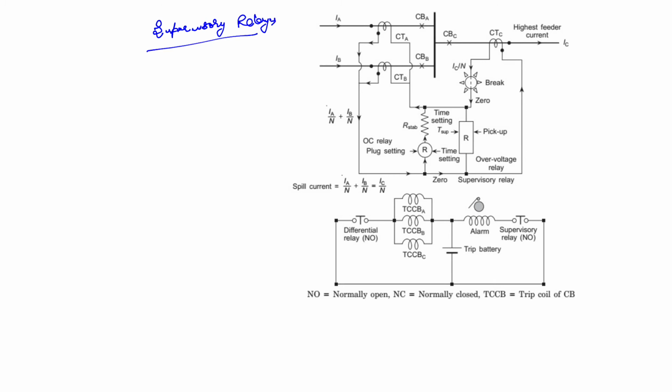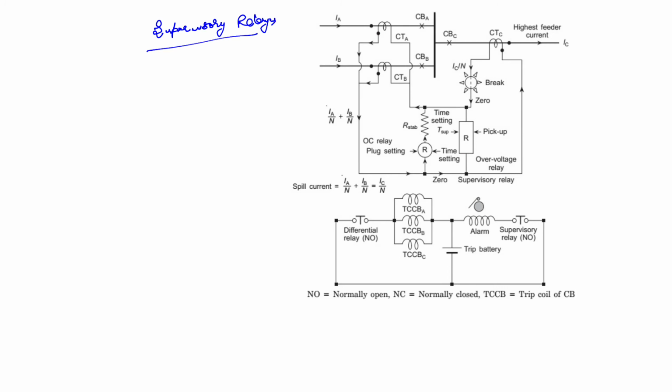Such events are no doubt dangerous. The current contribution of the individual CT would be much less than the pickup value of the overcurrent relay, and the scheme will remain insensitive to such a CT open circuit fault because it is not designed for that purpose. All the same, we need to develop a mechanism to detect such faults so as to raise an alarm to alert the operating personnel. The highest spill current in case of loss of one CT will be caused when the CT carries the maximum current, that is the obvious one.